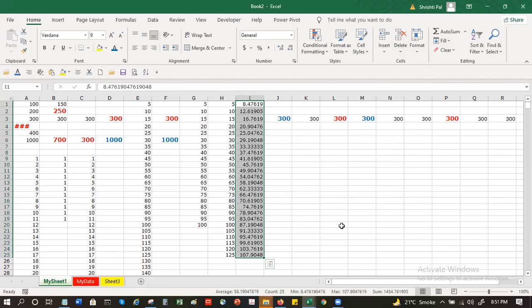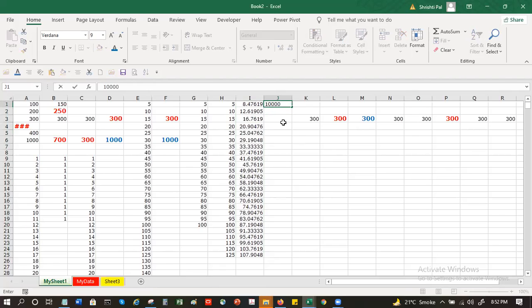Sir, how is this going to help if we do any workings? For example, let's say we talk about a courier company. They are daily handling, at random, let's just take some numbers here, say 10,000 packages.